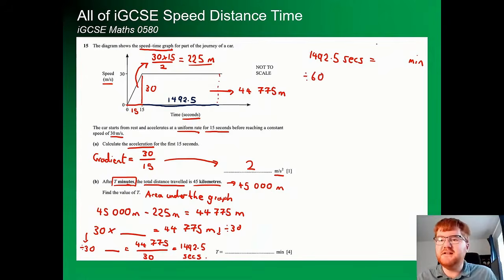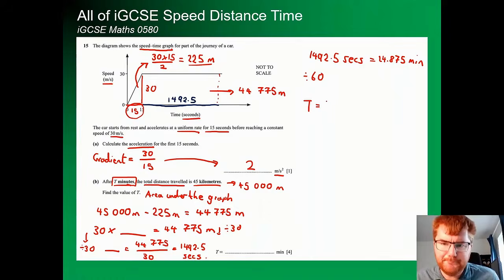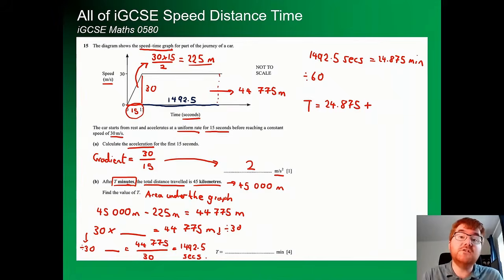So if we divide that by 60 here, we then get our answer of 24.875 minutes. That's not the final answer because we've got this extra 15 seconds here as well. So to work out t, we need the 24.875, and then in minutes add on this extra 15 seconds. Well, 15 seconds here is a quarter of a minute. Quarter of a minute is 0.25 minutes. Add those together and we get to our final answer of